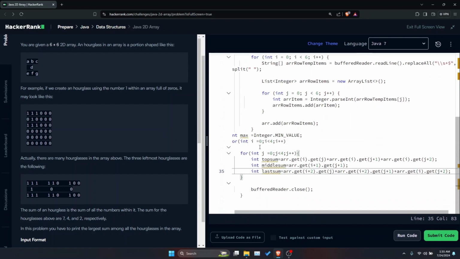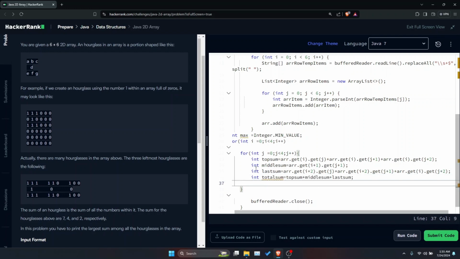Now that we have calculated the sums, for the total sum I would add all these three values. I would write int total sum is equal to top sum plus middle sum plus last sum. This would calculate the sum of these three values.